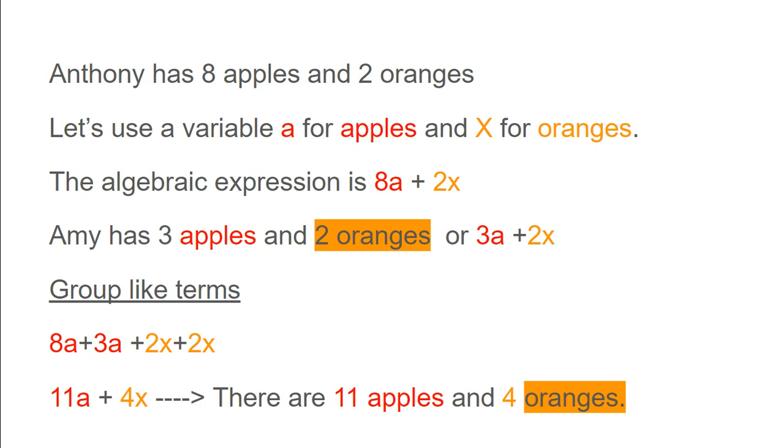But what we know ultimately is there are 11 apples and 4 oranges. And I could have chosen that instead of having a variable for x, I could have just made that an orange is just a constant. So it could have just been the number 1. And then when we